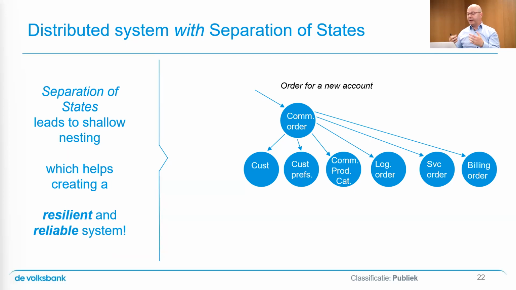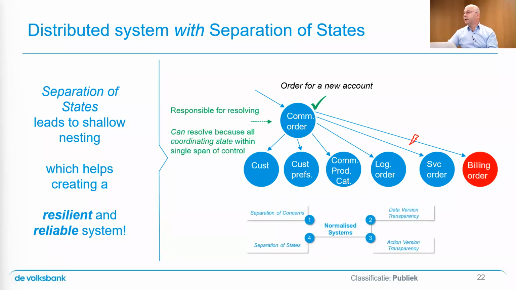Now, if I want to make a change, somebody orders something and I need to address changes across all those components down there, the commercial order will be responsible for that. If a problem occurs with this approach, then whatever happens, the commercial order is the point in the architecture that allows us to deal with the issue. Regardless of where something happens, it has control over all the changes. So it also has control over mitigations in case of issues. Single point of control, single point of responsibility, and that's what separation of states can give you.